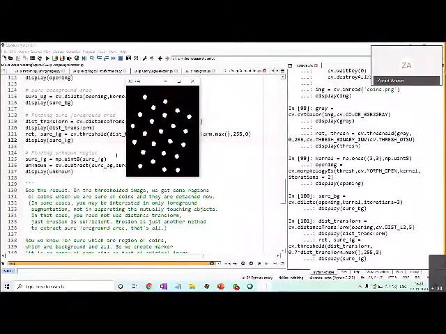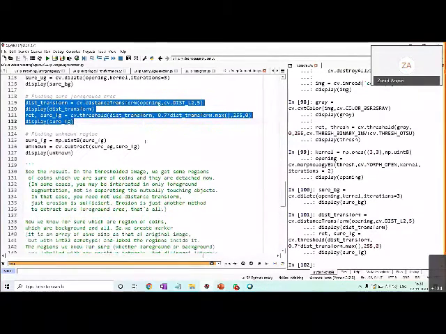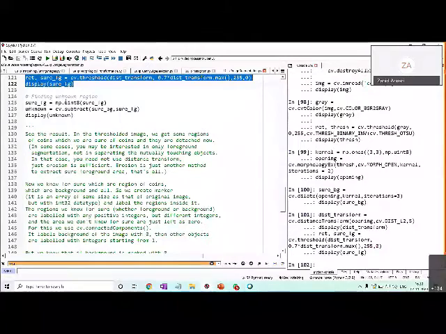So this is the sure foreground. We displayed two things: what we saw earlier was the distance transform output, and this one is the sure foreground, the coins' sure foreground part. Now after that, I'm doing some data type conversion for the sure foreground, and we are subtracting the sure foreground from the sure background. This subtraction will give us the regions which are doubtful or unknown.